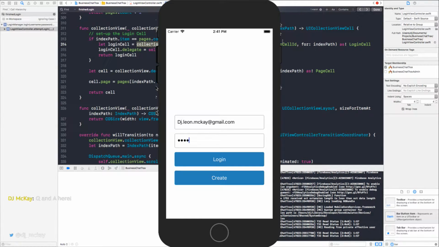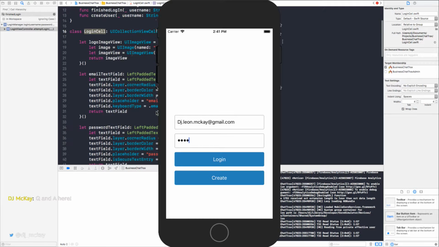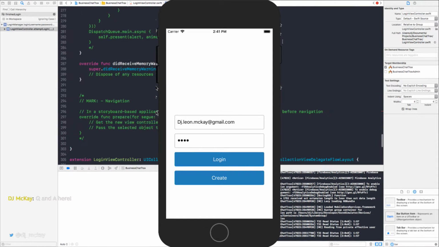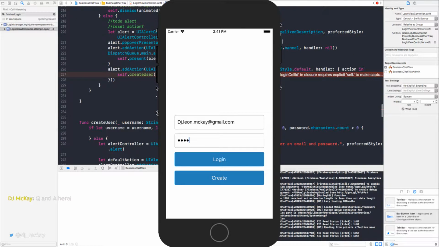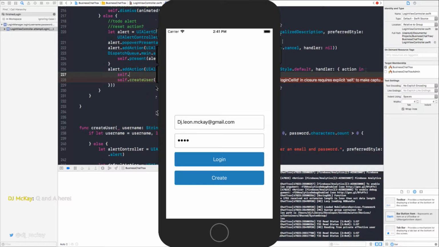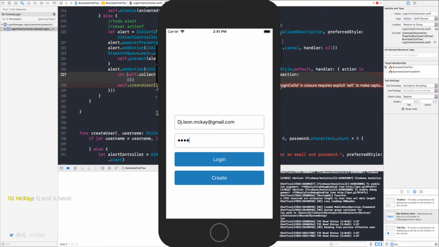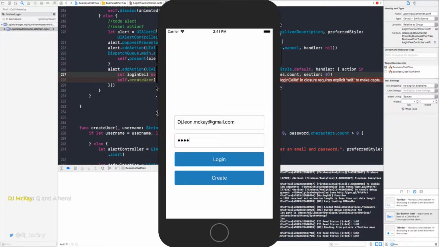So if I want to do that, what I actually have to do is tap into my collection, and then I can say let login cell equal that